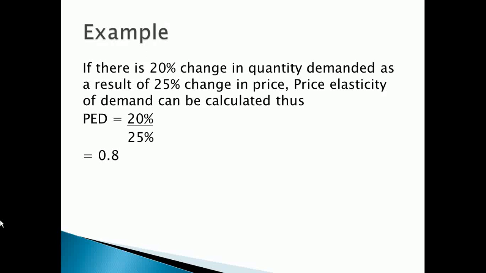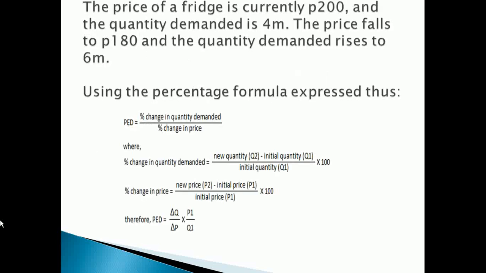Because some questions can demand you to solve the percentage change in quantity demanded first, and marks will be awarded for that. And then for you to solve the percentage change in price next, before you now solve the coefficient. Also, as managers, sometimes we want to measure that degree of elasticity by looking at the percentage change in each variable differently. So this method is a bit straightforward, and most students are familiar with this method. So with this method, if you follow that formula, then you are able to calculate and estimate price elasticity of demand.